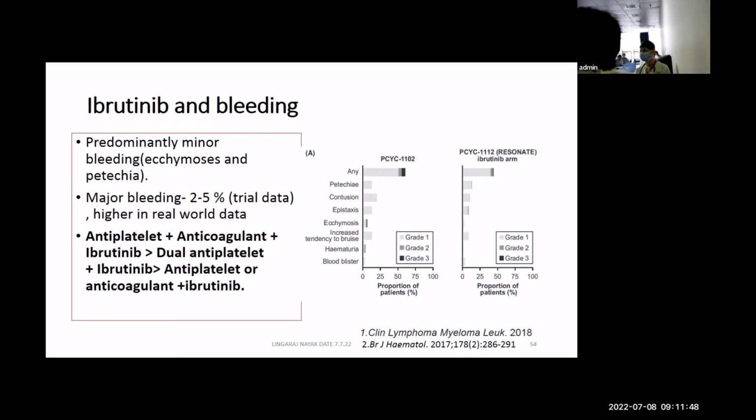Okay. So now again, bleeding, and you have antiplatelet, anticoagulation, and you have AF. So as I said, this triad will continue with the patient. So you need that discussion with the cardiologist. So what is the data? If you are using antiplatelets or anticoagulation with ibrutinib, there is bleeding risk, but it is acceptable. But if the patient is either on double antiplatelet or one antiplatelet, one anticoagulant, then the bleeding risk is pretty high.